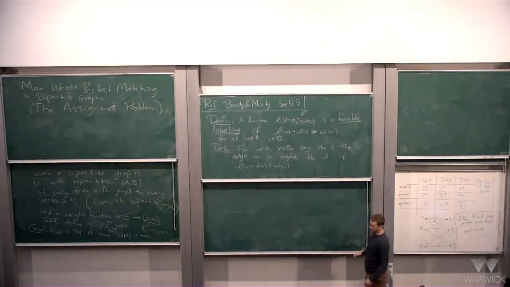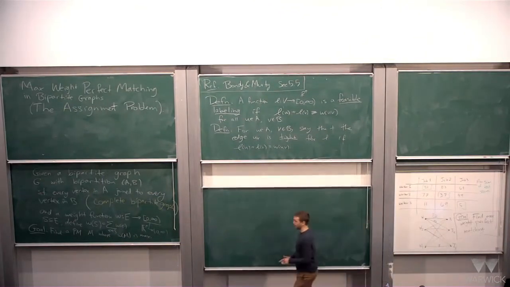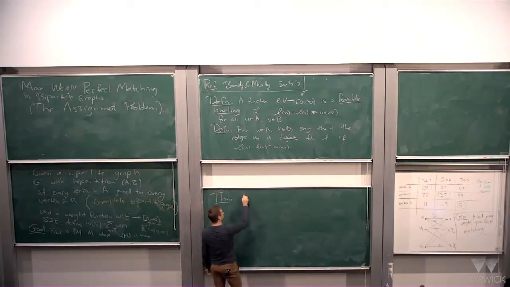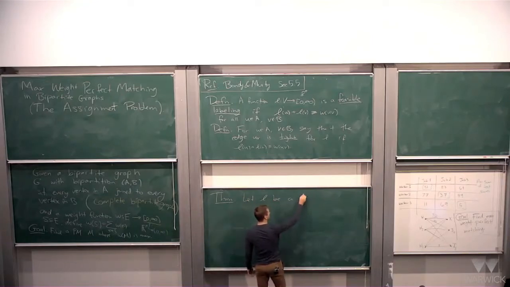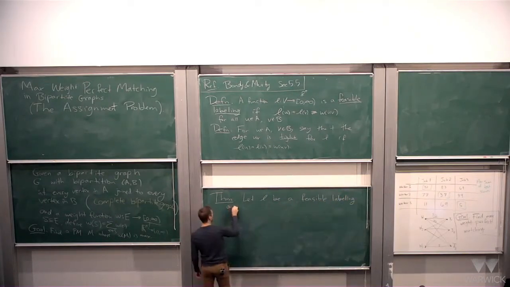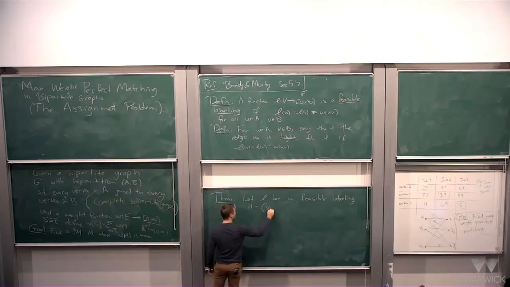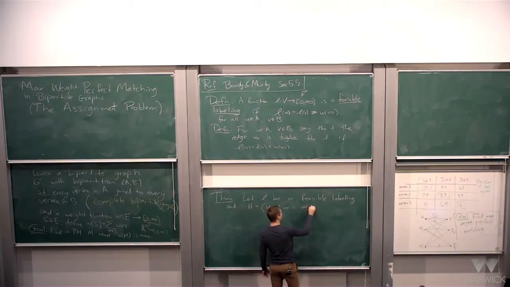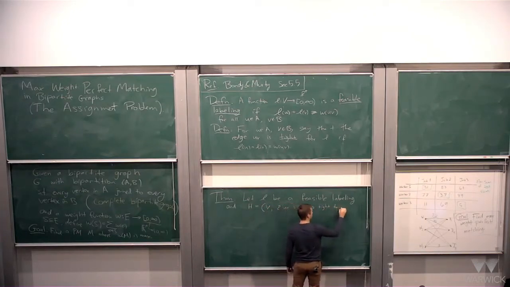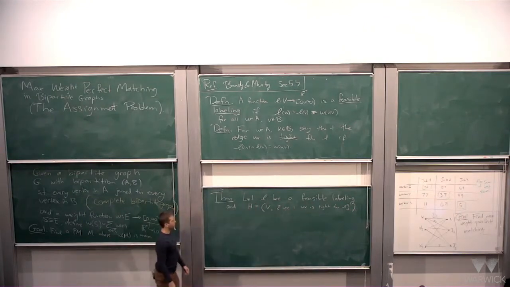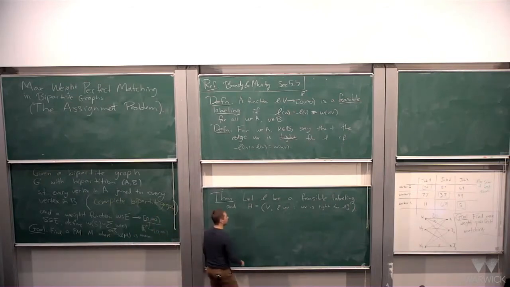Okay, now here's the key theorem that is going to make the whole algorithm work. This is the whole reason why this is going to work. Let L be a feasible labeling, and let H be the graph with vertex set A union B, where the edge set is going to be all UV such that UV is tight for L. Hopefully this isn't too confusing. This is the edge set of all the pairs where the edge is tight for the labeling, and so if H has a perfect matching,